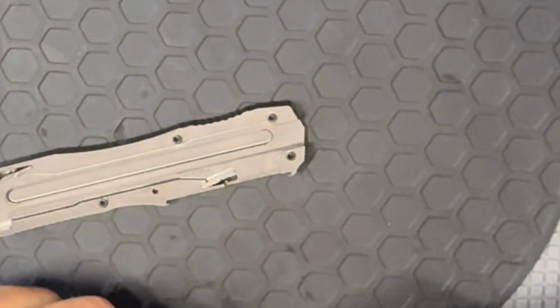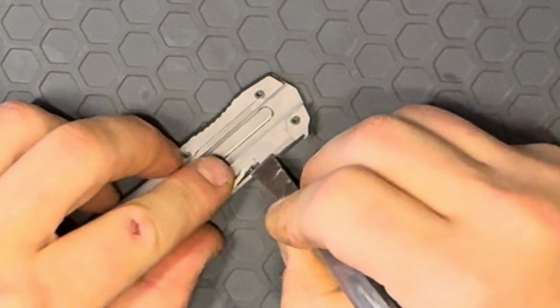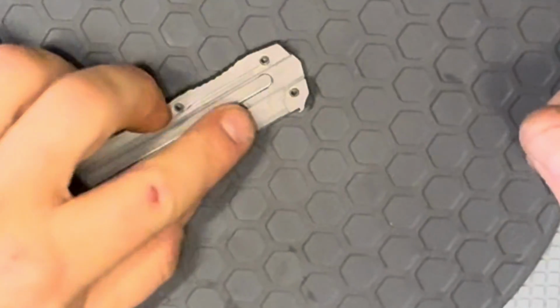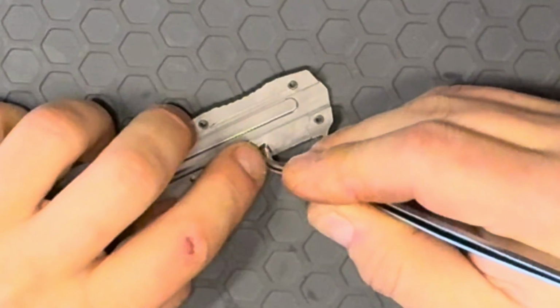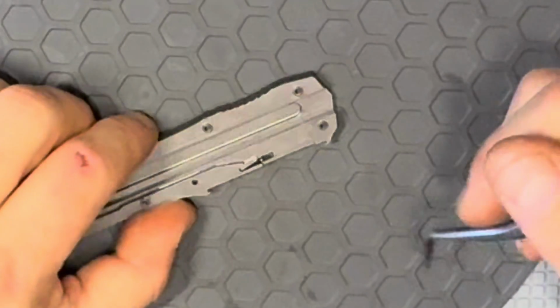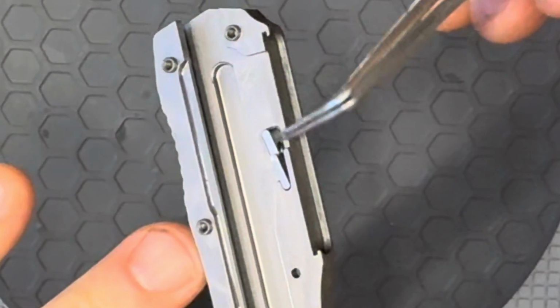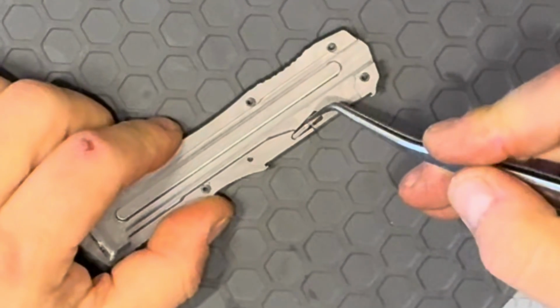So as you can see from both front and rear installations, the best approach is to use the butt end of your tweezers to compress the spring. Or if you're dexterous enough, maybe your fingers. And then you have to check the gate for operation, and also make sure that the step surfaces align with the main spring rail